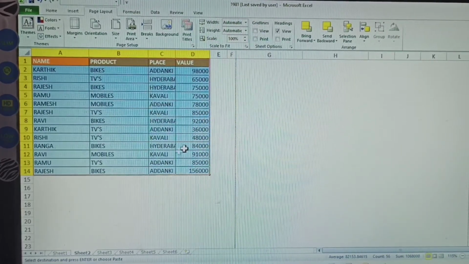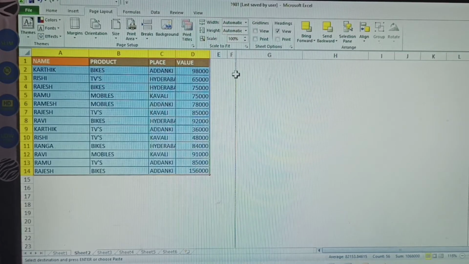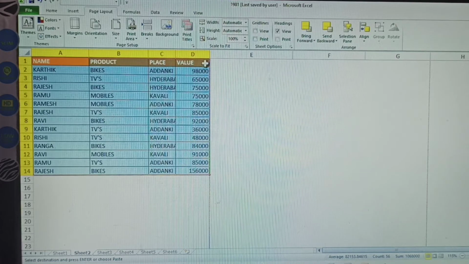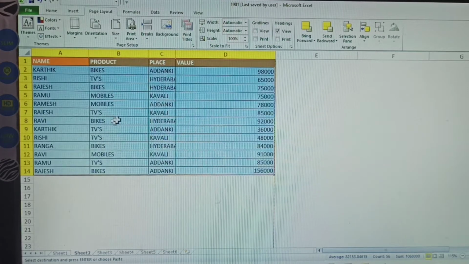Once in page layout, see here, these lines came, the grid lines.